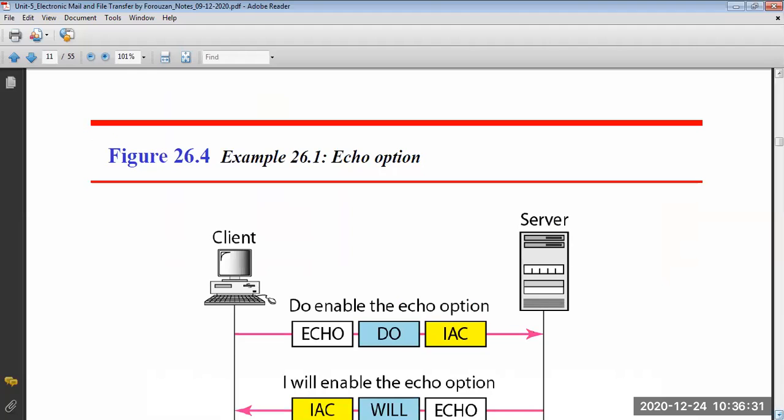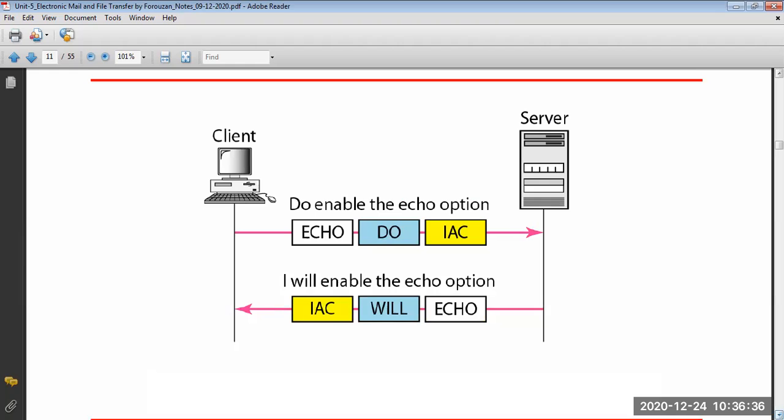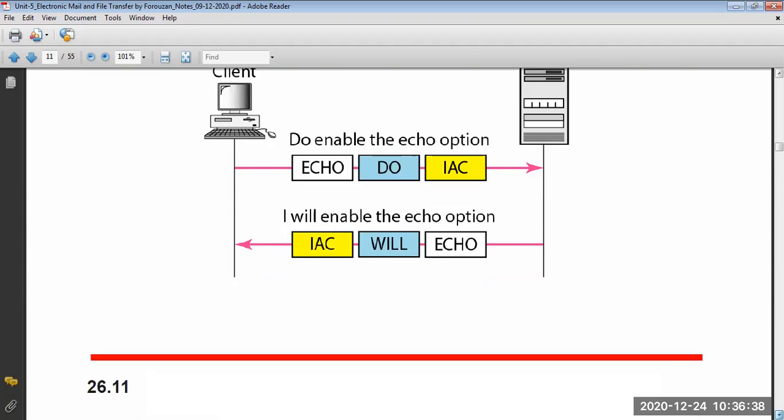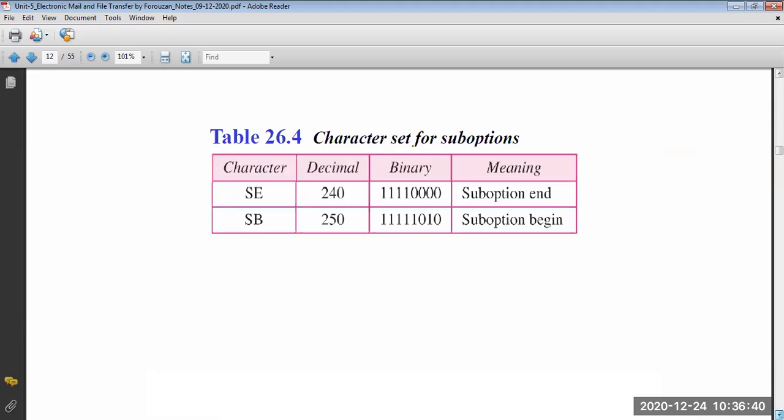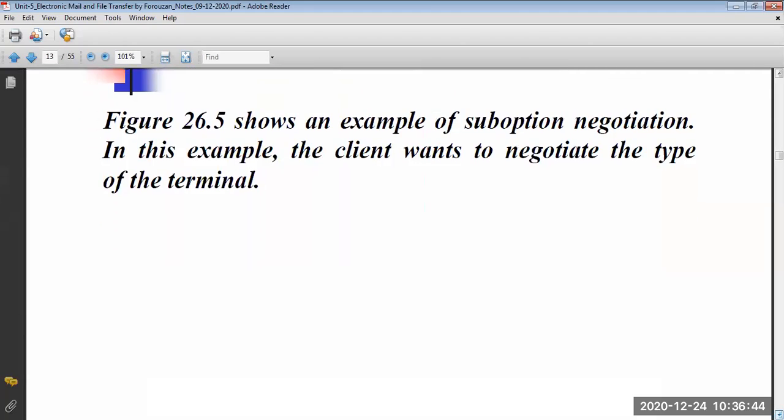आई थिंक टेलनेट इज क्लियर टू ऑल ऑफ यू। Class, telnet is clear to all of you. Yes, sir. Okay, so now we have another protocol